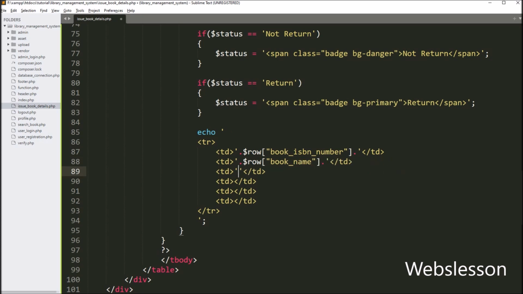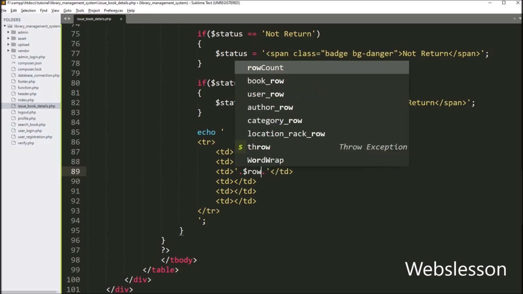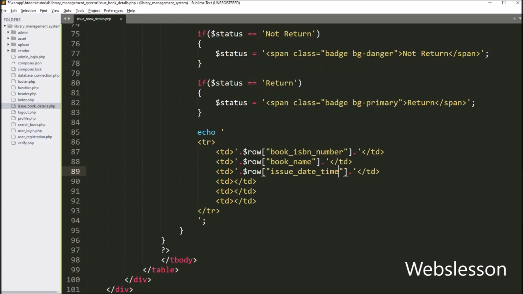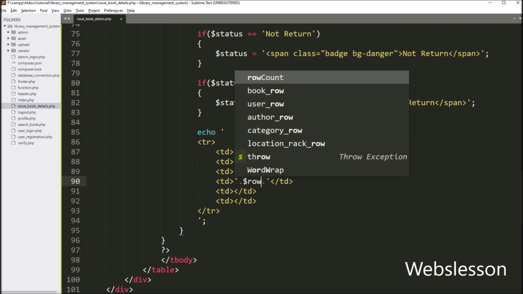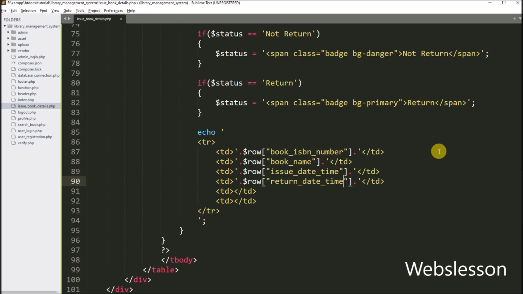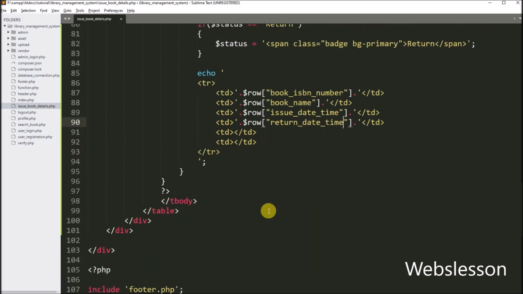In third table column, we want to display book issue date and time detail, so here we have to write $row book issue date time variable. In fourth column, we want to display book return date and time data, so here we have to write $row return date time variable. In fifth table column, we want to display book late return fines data, so here we